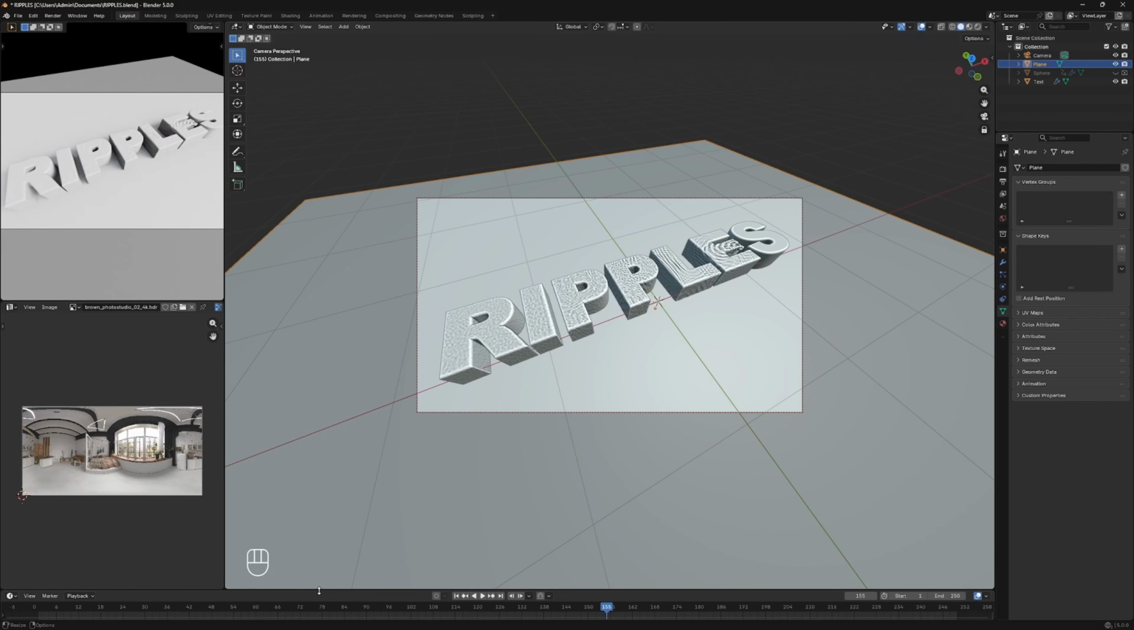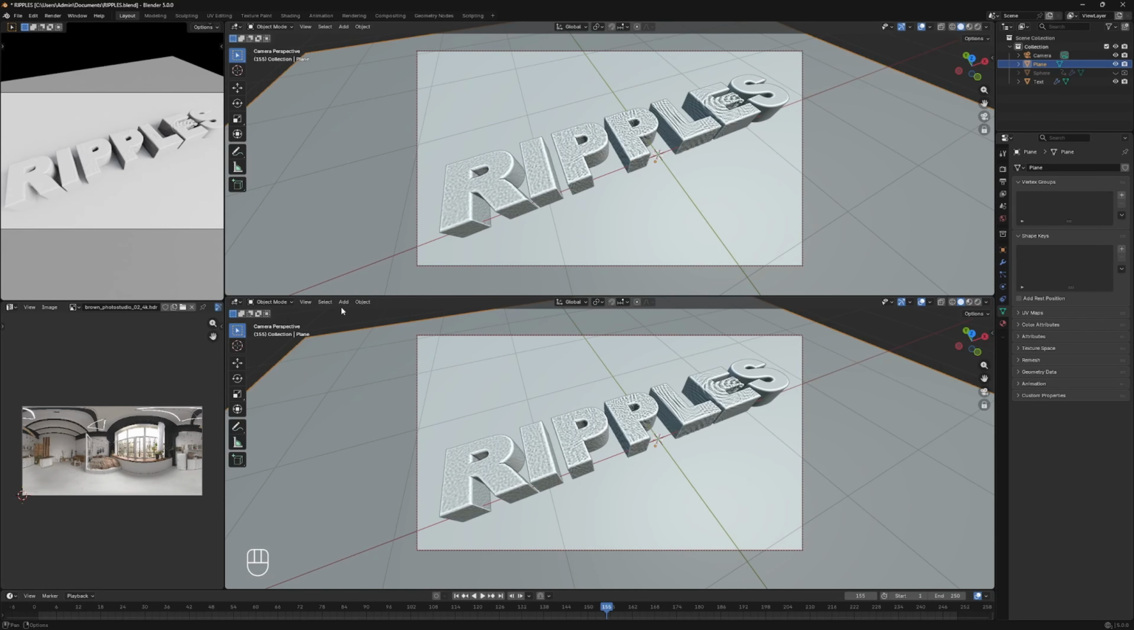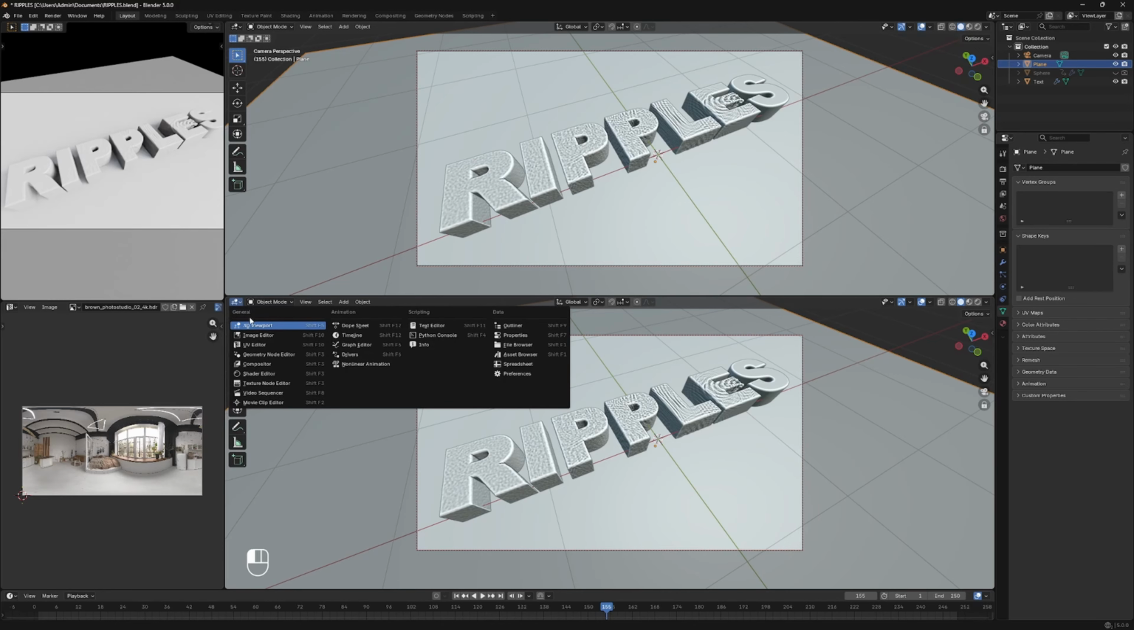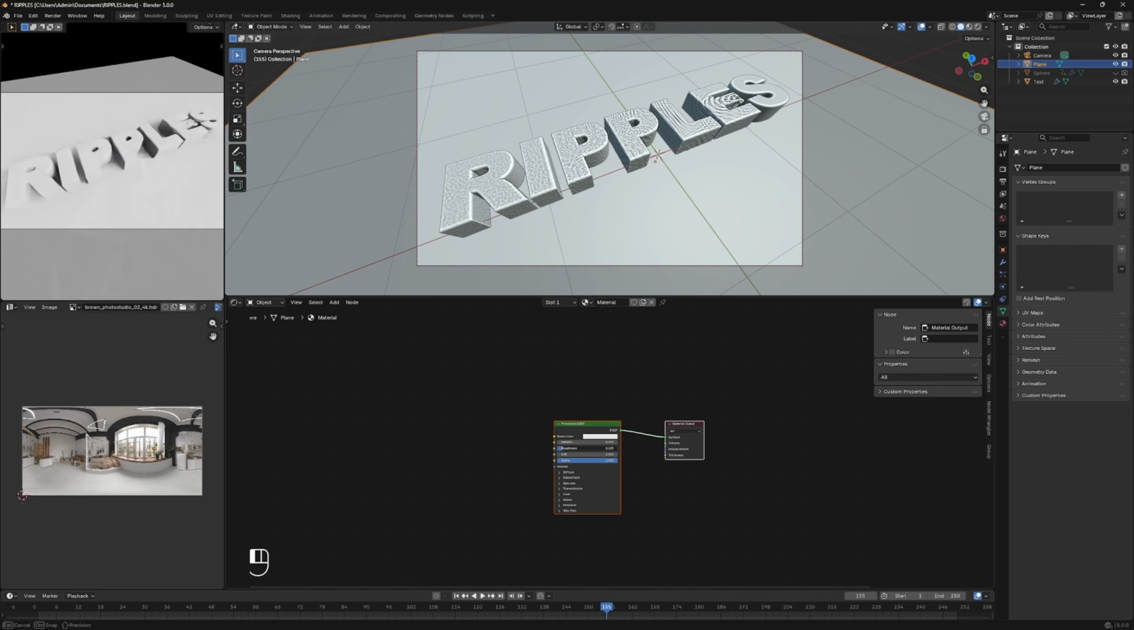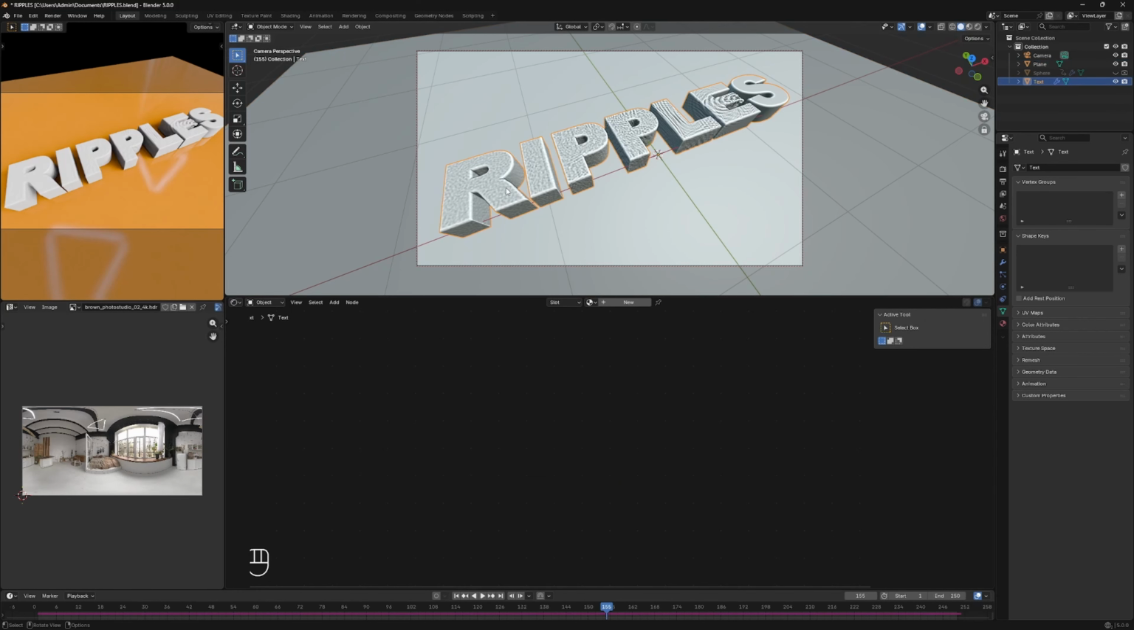Now right click here and select horizontal split. I change this window to shader editor. Select the plane, hit new, decrease the roughness, change the color. I make it like this. Now select the text, hit new,